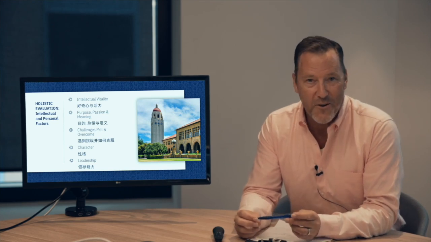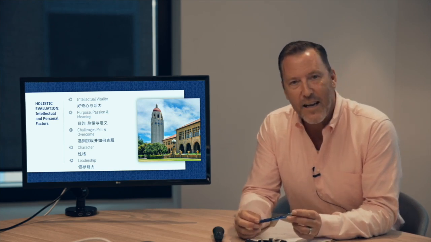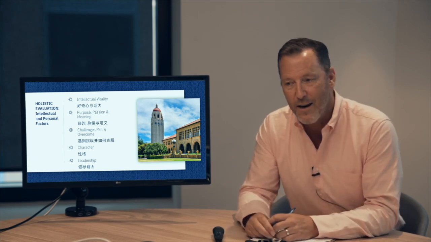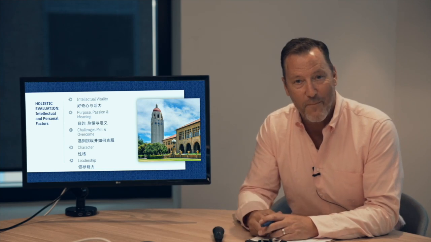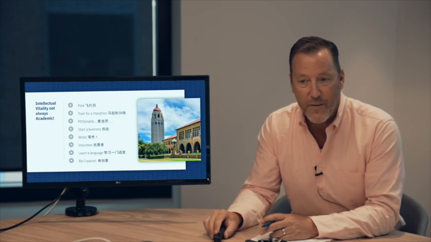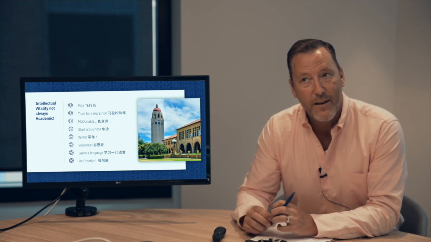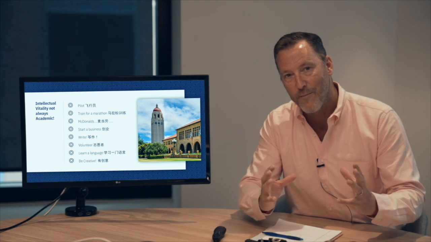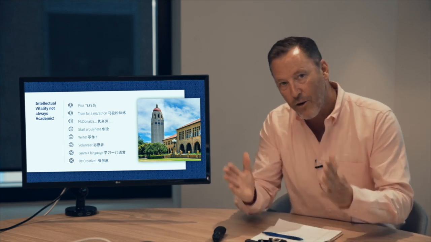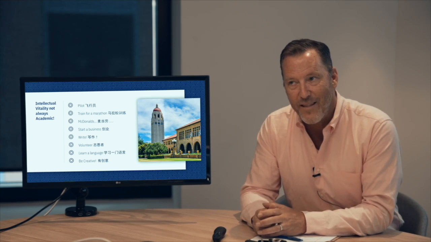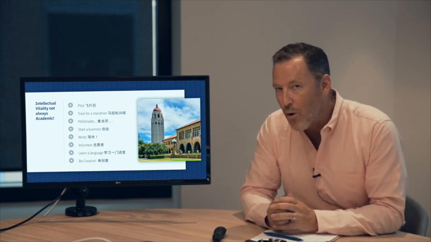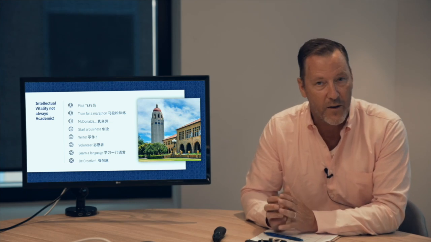Working at Stanford was an absolute honor, and it was a thrill to sit in on those committees as they tried to discern which student was best prepared to attend such a fast-moving and challenging university. Intellectual vitality could be something that really shows that a student has taken their learning beyond the classroom, or they're not confining their learning to the classroom. The intellectual part means that they're thinking, of course, but the vitality part to me signifies this sort of zooming, rushing towards knowledge, rushing towards experiences.